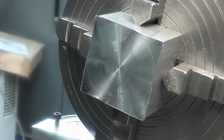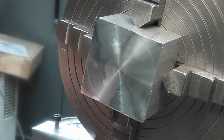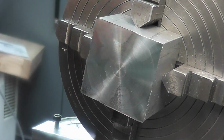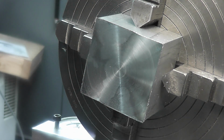Okay, so now what we need to do is put a 1/2 inch hole in the middle straight through the block, and we want it a little oversized because it's going to be fitting our piston rod. So whatever you use for a rod, whatever diameter, give it about 1,000th of clearance or so. And I just happen to have a